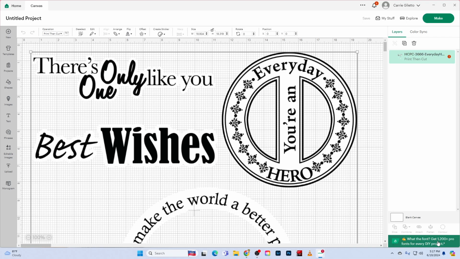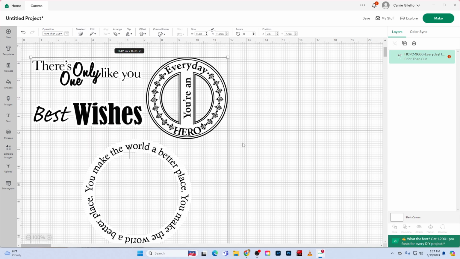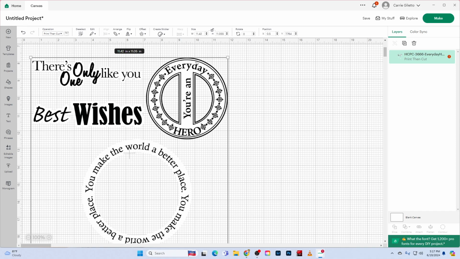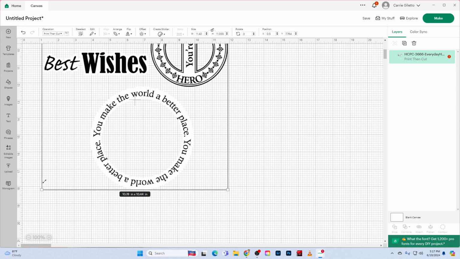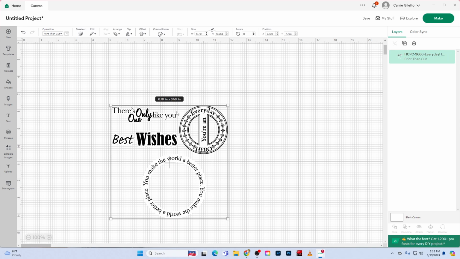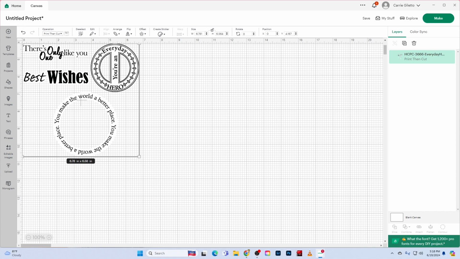It's huge. We don't need it that huge. So I am going to bring that down smaller. And let's see, you can see from here 0 to 12, and it goes from 12 down to 18, so it's still way too big. We're just going to bring that down quite a bit smaller. Move it up here. So this one now is a little less than 4 inches. This one's about 2.5, so I think that's a pretty good size. I'm okay with that. So from here, if we wanted to go ahead and make this, I would click Make